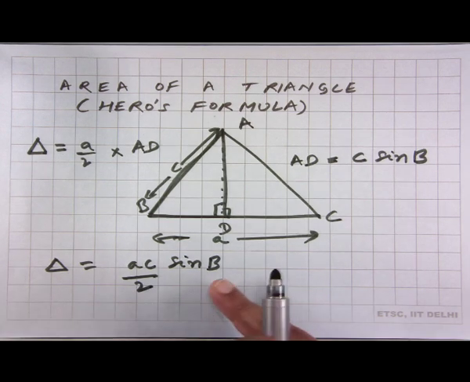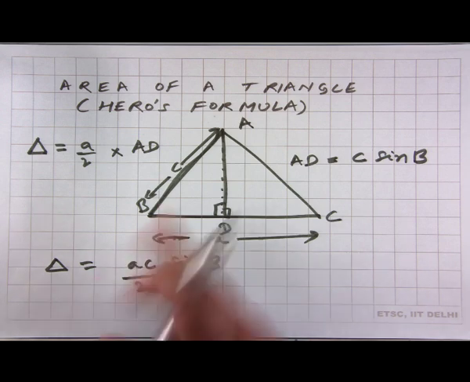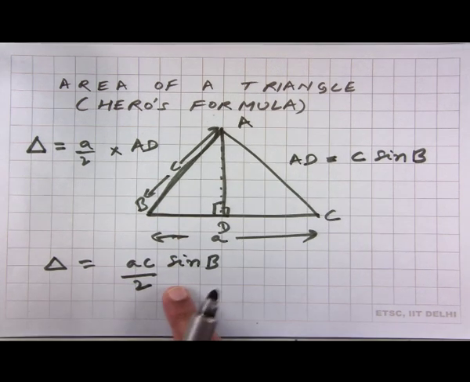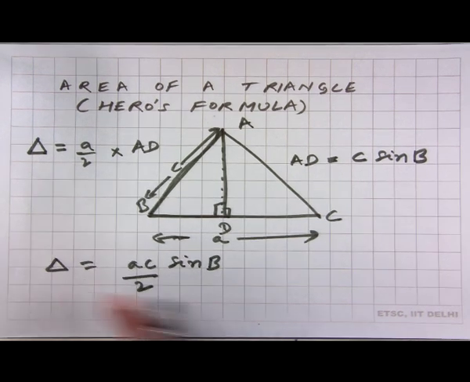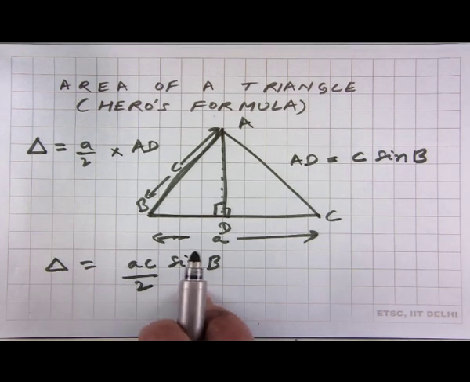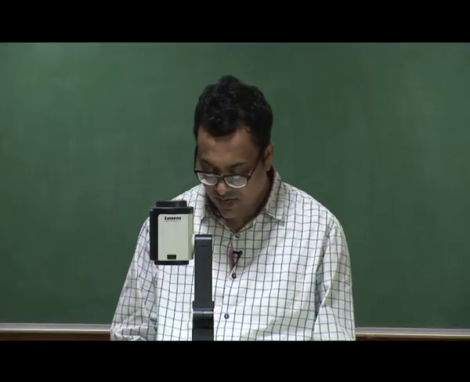But the Hero's formula will eventually give an expression for the area only in terms of the lengths of the sides. So, this is an angle. So, we need to